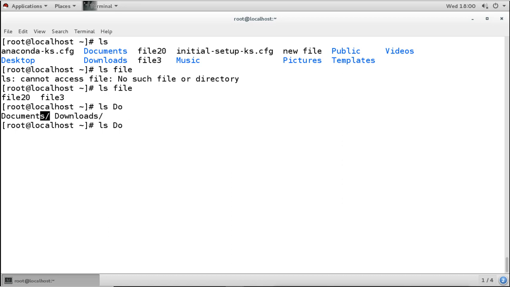So when you press tab, it will show you all the possibilities. If there is no slash after the name, that means it is a file, and if you see a slash after the name, that means it's a directory. So we have 2 directories here, which start with DO. When I press C, then it will autocomplete. So what will Tab do? It will complete file names and directory names, and it is very useful.